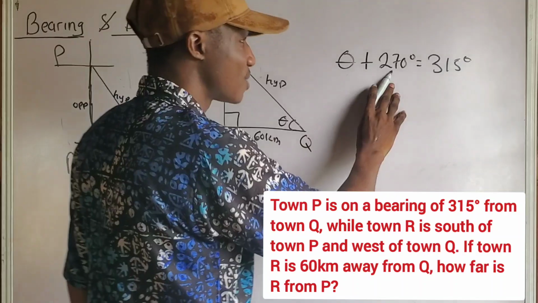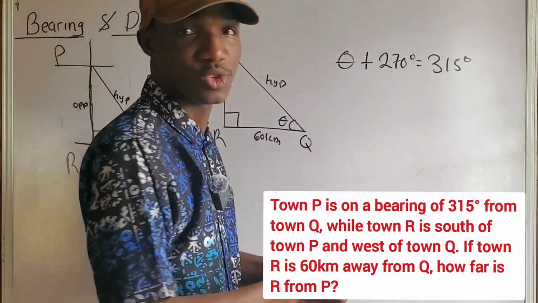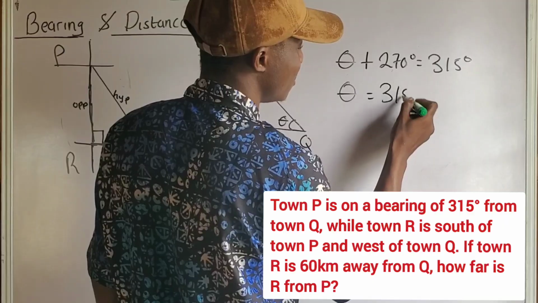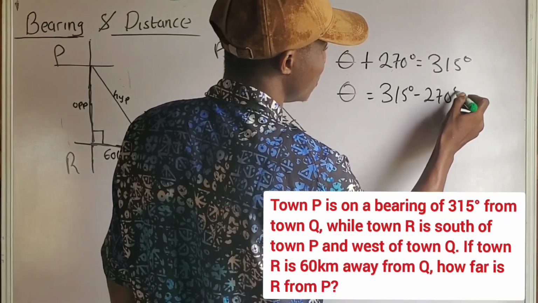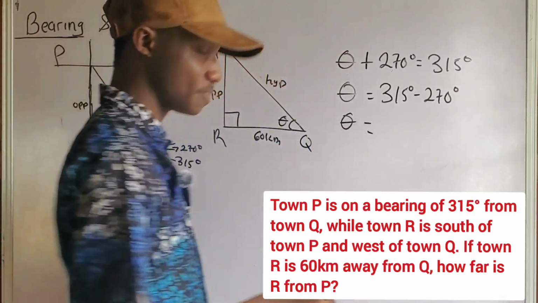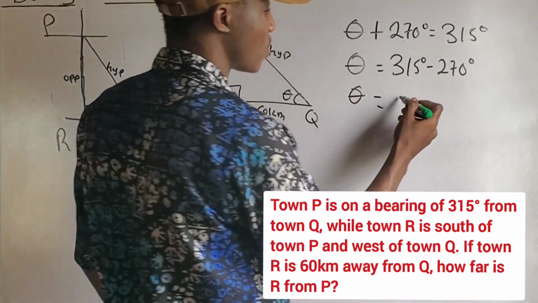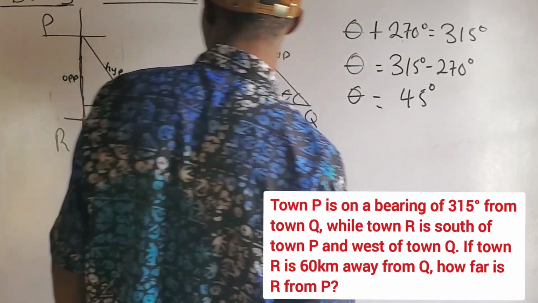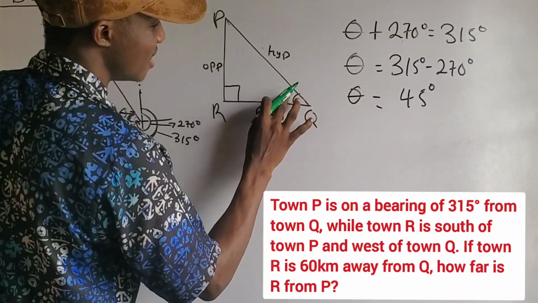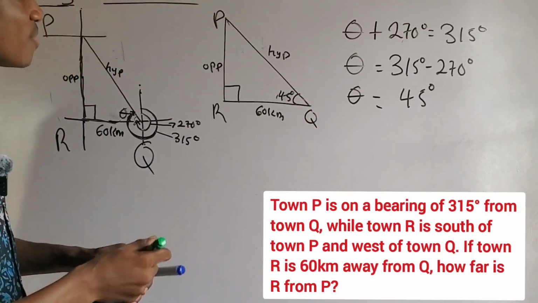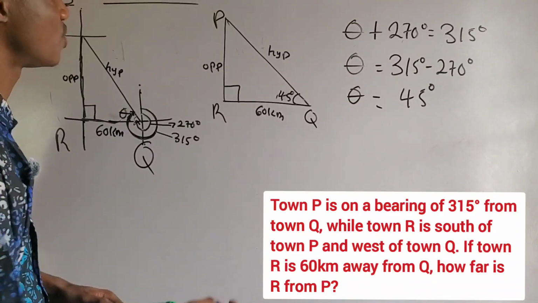So theta plus 270 degrees will give me 315 degrees. Do you understand? Okay, to get the value of theta, theta equals 315 degrees minus 270 degrees, that is 45 degrees. So the angle here, theta, is 45 degrees. Okay, now having gotten the value of theta as 45 degrees, with respect to the information that we have